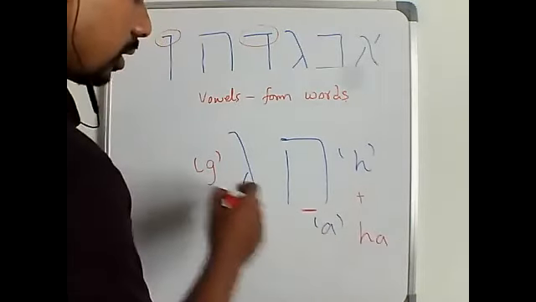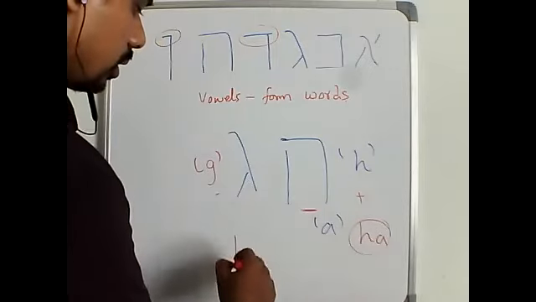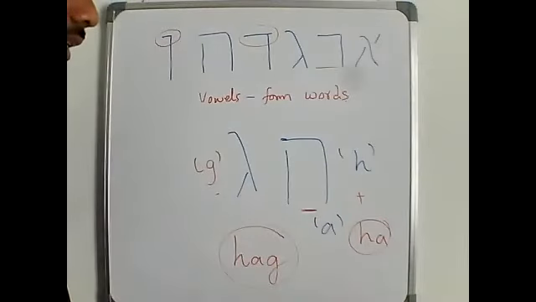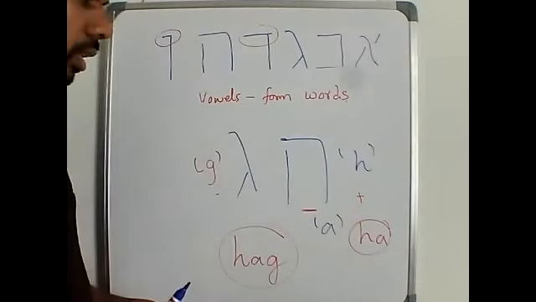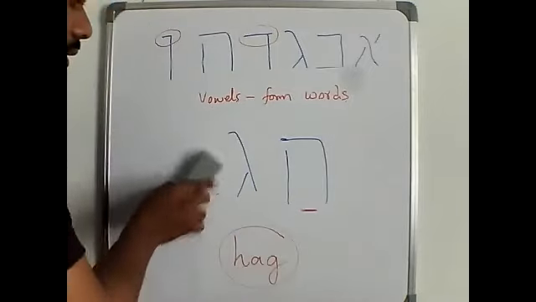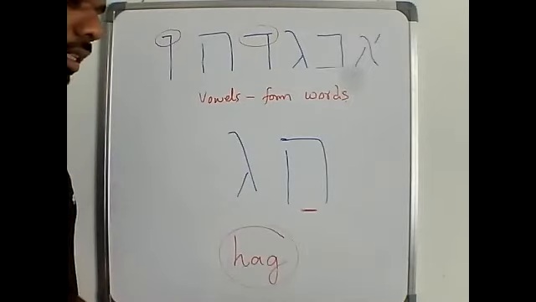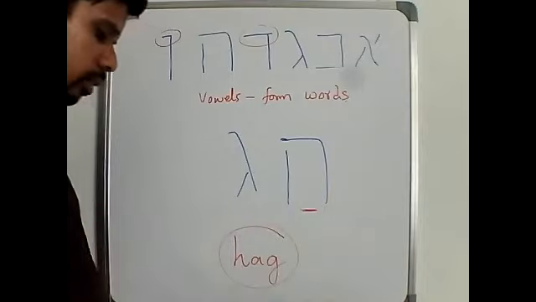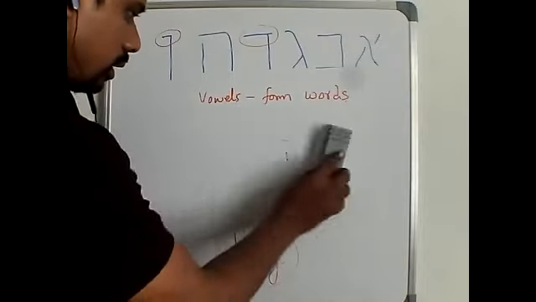Now you have to add this sound to this. So that means H-A-G. Hug. Okay. This is the sound of this letter. Hug. So I'm just giving you examples. Are you getting? I hope you are able to follow how I am teaching. Yeah, we still have time. I will give you some more examples so that you will get more clarity.